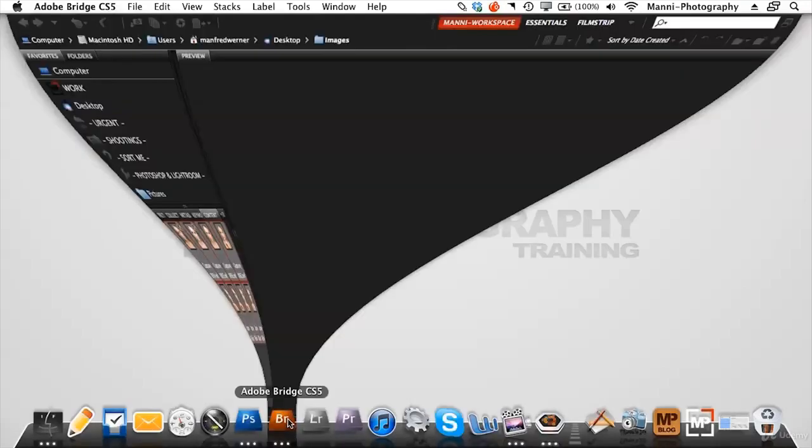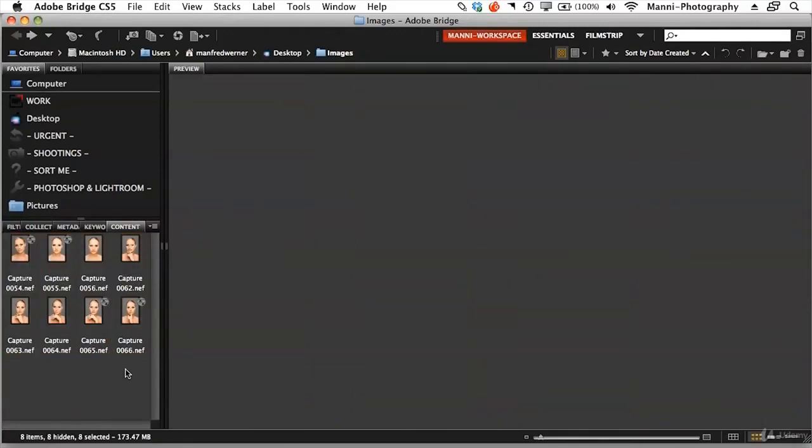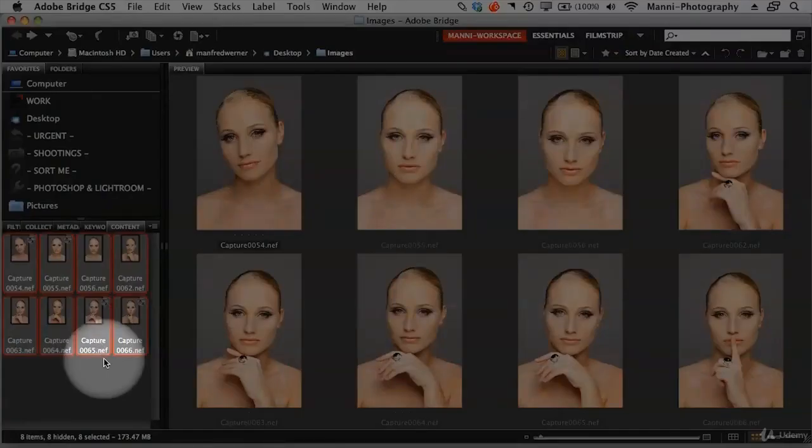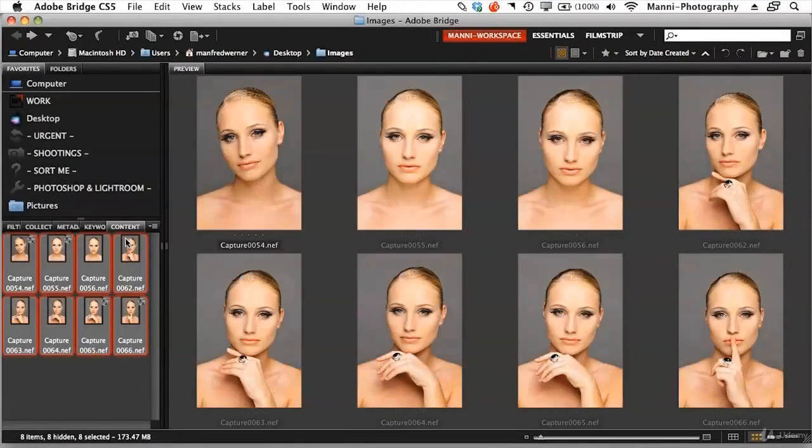Okay, I'm going to go down here, open my Bridge, and in here I'm currently in the content area, and I'm going to select all 8 images via Command A. Pressing those together selects all my images, and you can see they are currently still NEF, which means they are still in RAW format. If you have JPEGs or PSDs, this works exactly the same, so just select all your images and we'll start from there. If you've got 100 to 500 images, just select all of them if you want to do the same processing